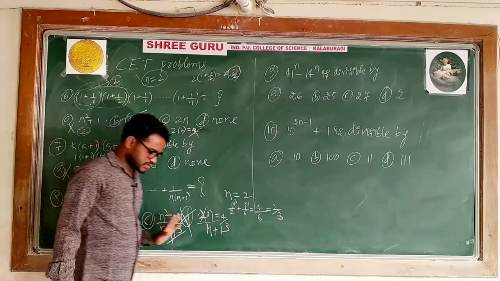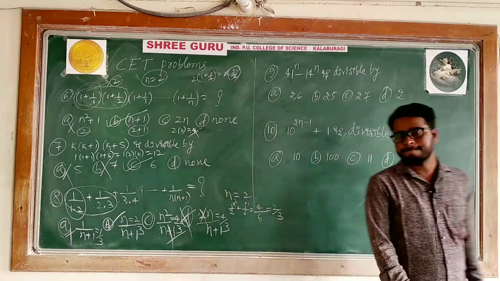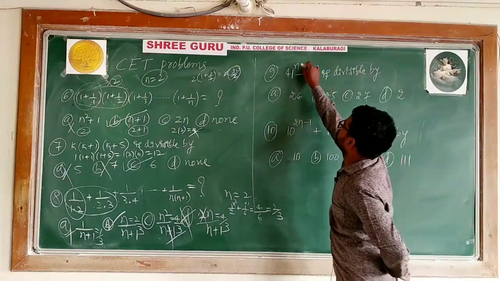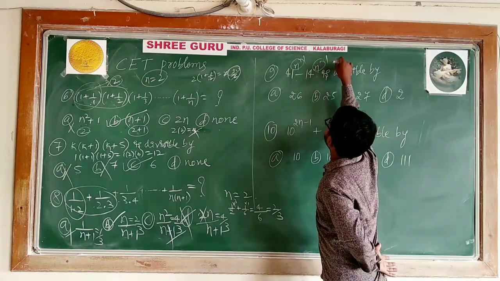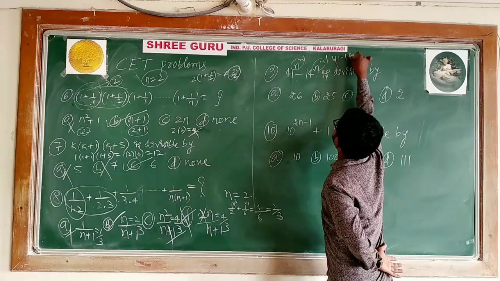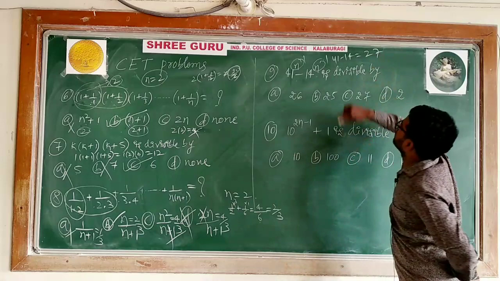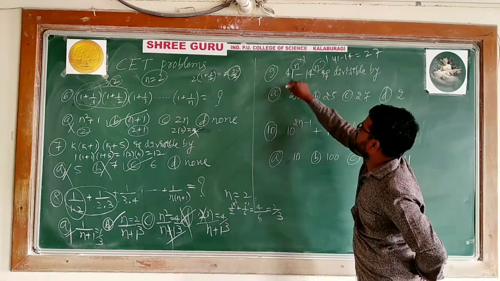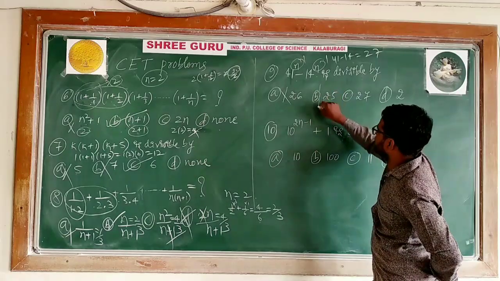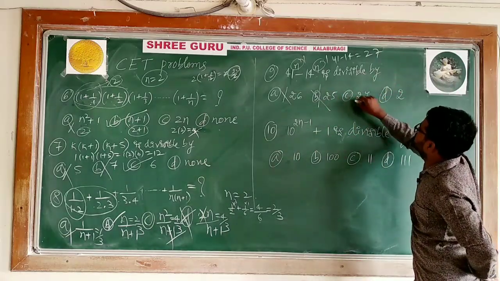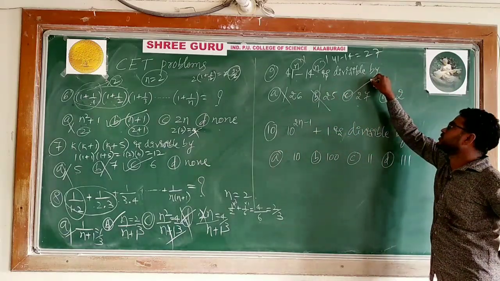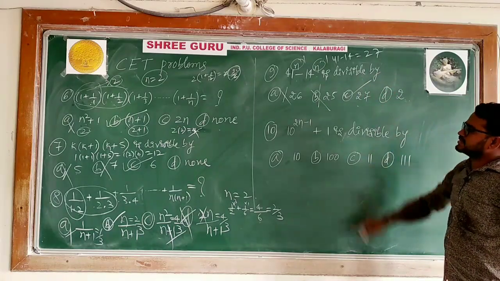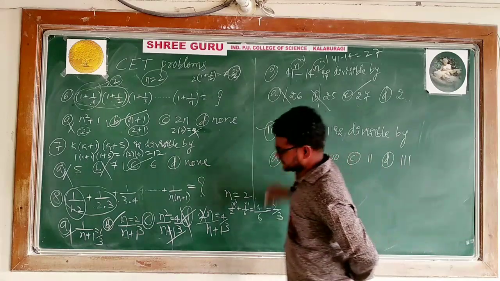On the basis of this, now substitute n is equal to 1. 41 to the power 1, this 1 means 41 minus 14, how much is it? It becomes 27. Take 41 minus 14, 27. Is 27 divisible by 26? No. Is 27 divisible by 25? No. 27 is divisible by 27. This is in the case of theory also I take. It is not necessary to check for n is equal to 2. So this is the answer. I will give homework.